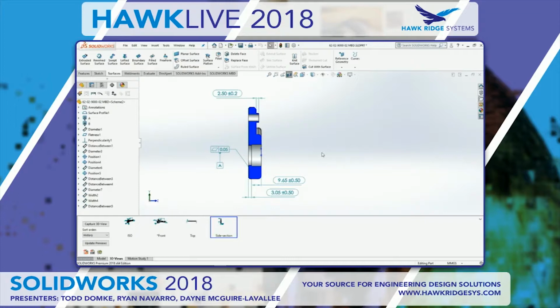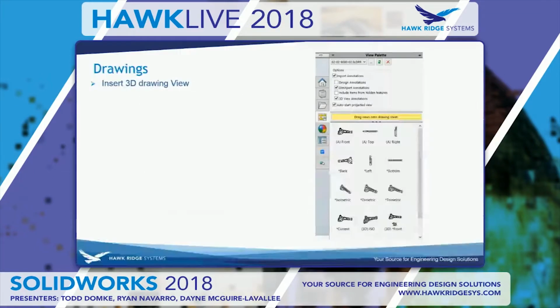Drawings are still a really big part of what we do. So Dayne's actually going to be talking about some new synergy between these 3D views and drawings if you still need to produce 2D documentation. So go ahead and switch off to Dayne here. So drawings have had many enhancements in 2018. The first being that you can leverage that 3D PMI in 2 dimensions with the ability to import 3D annotation